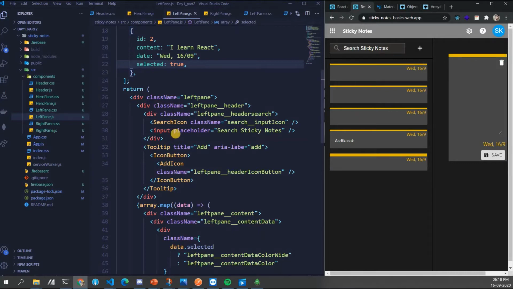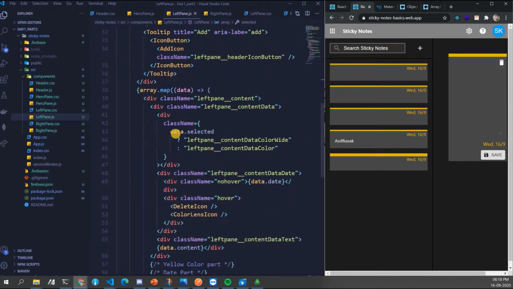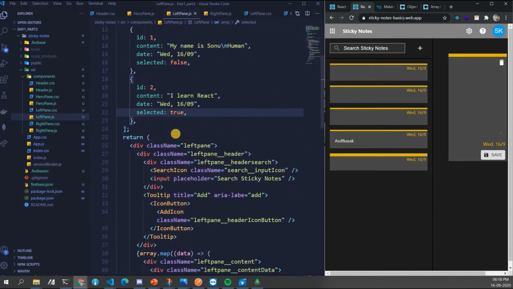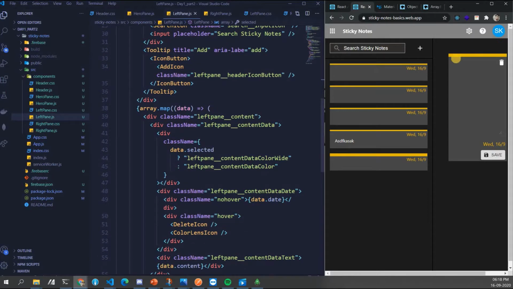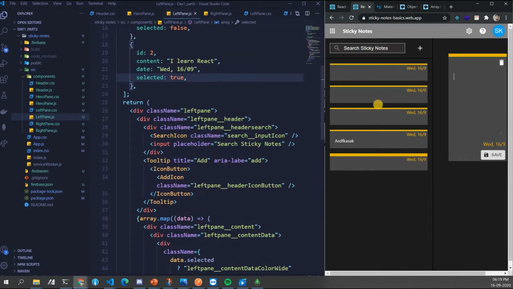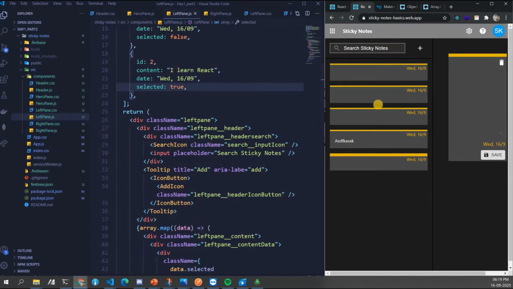So in part 1, what we did was we covered the left pane, right guys? Now left pane and right pane styling, both of them are completely different. So you don't have to worry that if you haven't done the left pane, maybe you will not be able to do the right pane. That is not required. That will be required tomorrow.